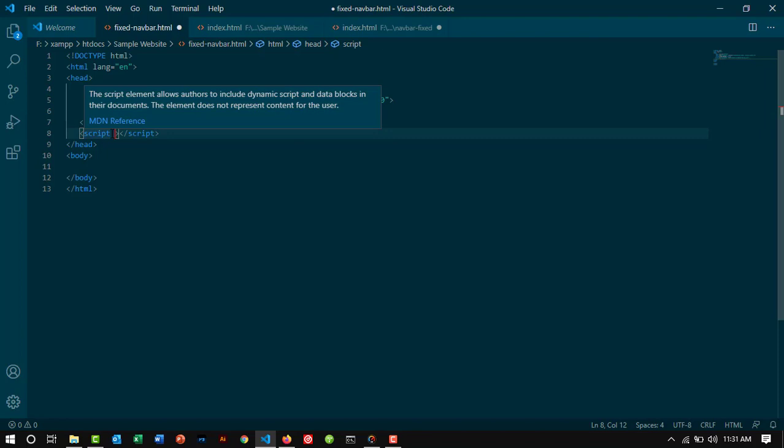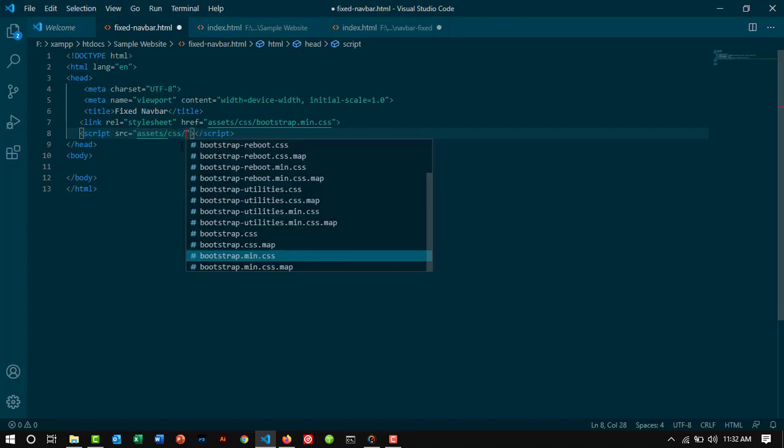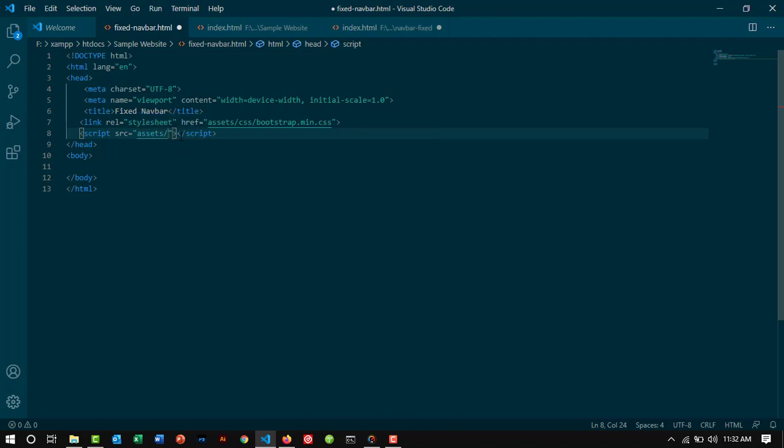I'm going to write the attribute source, and I'm going to tell it that the source is a folder called assets. I'm just going to type assets, and as you can see, as usual, it brings that up. And then I'm going to tell it that I don't want CSS, rather what I want is